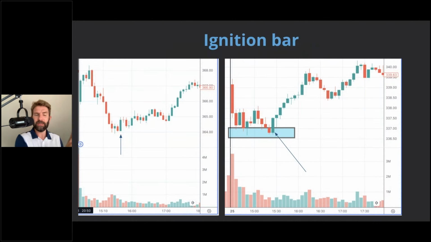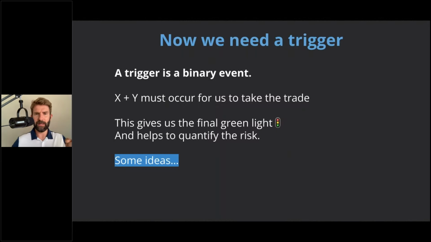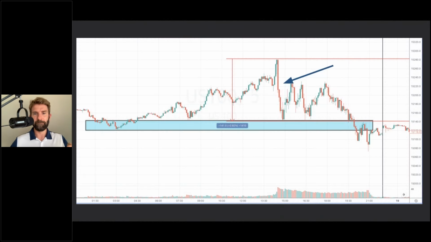And the reason, by the way, I came up with these triggers, and I like to use this filter trigger process, is that very often we'll see price doing something we want. Okay, let me go back a little bit here while I'm on this topic. We see that, we're like, oh yeah. But if we didn't see a trigger bar, then we don't take the trade because the trade could keep going. So this is just one extra thing we like to see to help us time the trade a little bit better, and most importantly, quantify the risk.